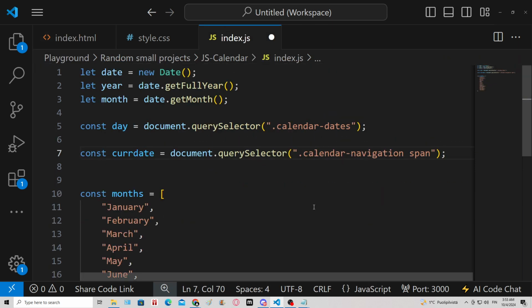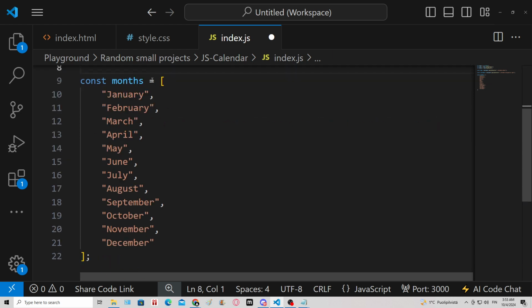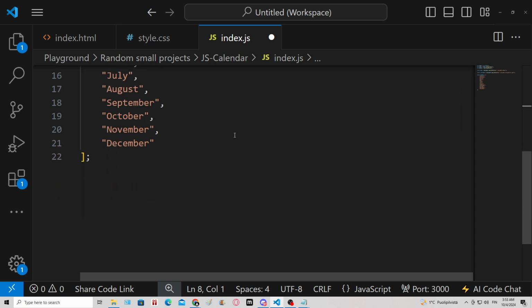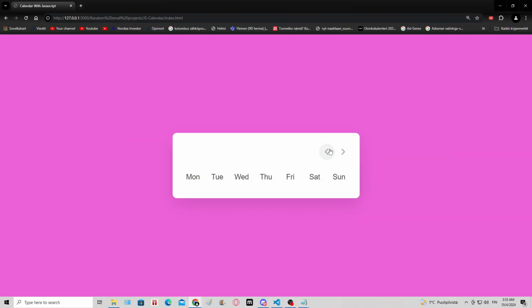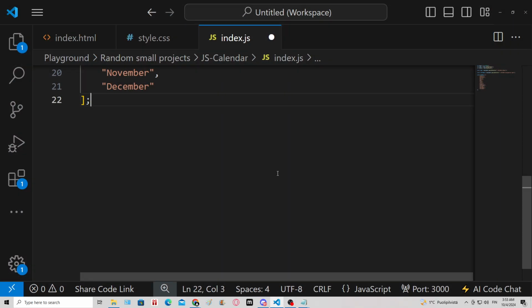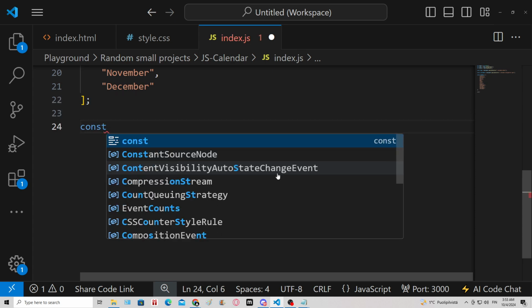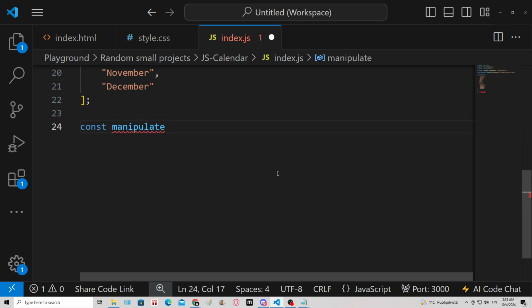And then we already have the array of months. I didn't delete that. Okay, let's create the function to generate the calendar once again. So yeah, const manipulate arrow function,